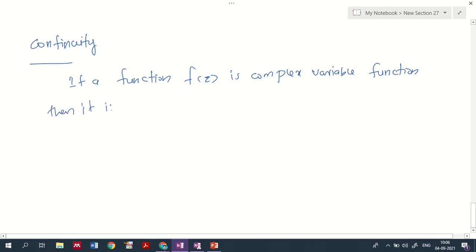Okay, so continuity: if f of z is a complex variable function, then it is said to be continuous at point z0 if and only if